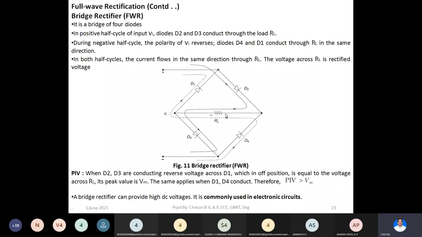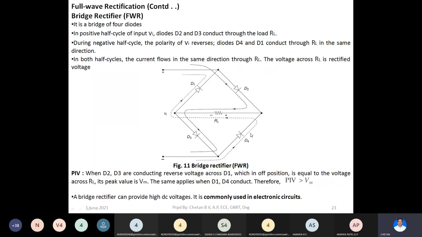Along with that, you will have slightly added up voltage. That extra voltage will be due to the voltage drop across this D2. So you will get slightly higher than Vm. Similarly, you can find out the voltage across this D4. It will also be the same: the voltage across this RL plus a small quantity of voltage drop across this D3. So together it will be slightly greater than Vm.